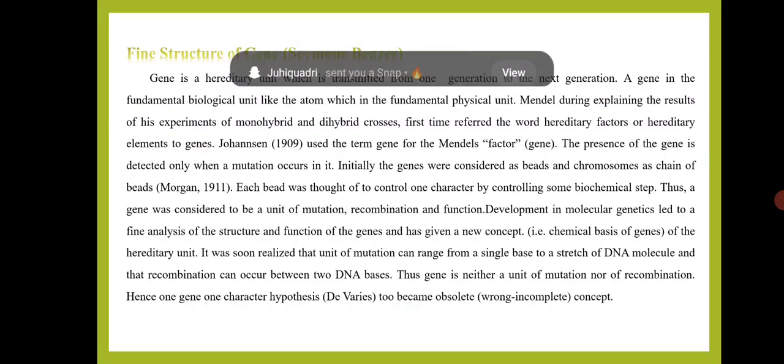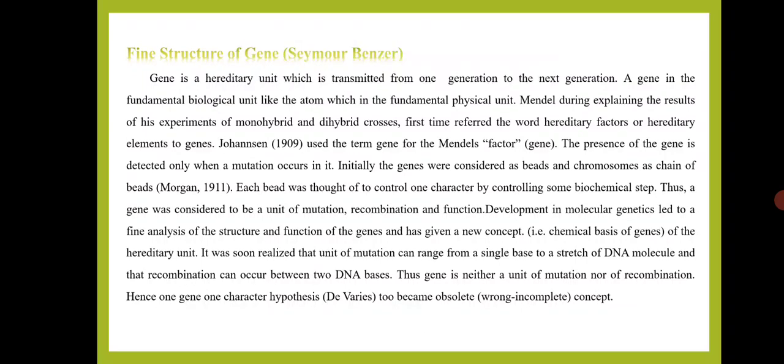So first of all we shall see the fine structure of gene that is given by Seymour Benzer. Gene is a hereditary unit which is transmitted from one generation to another generation, and gene is a fundamental biological unit which plays a very important role. Mendel has already explained the result of his experiment in the monohybrid and dihybrid cross. The word hereditary factors or hereditary elements was first given by Johannsen, who in 1909 used the term gene